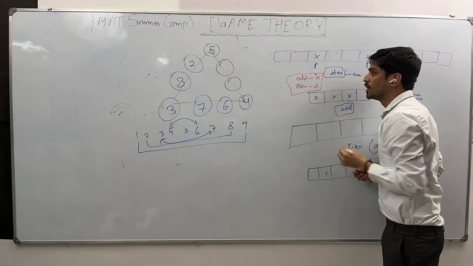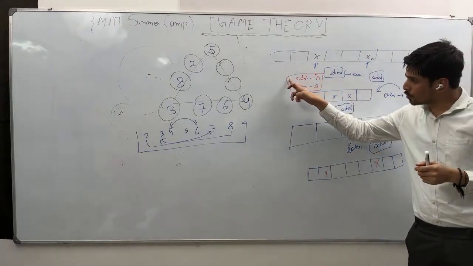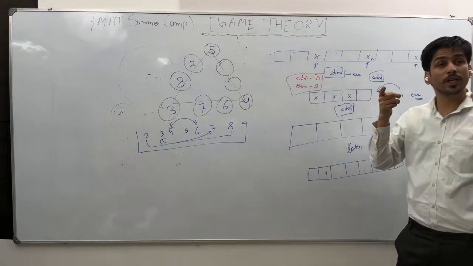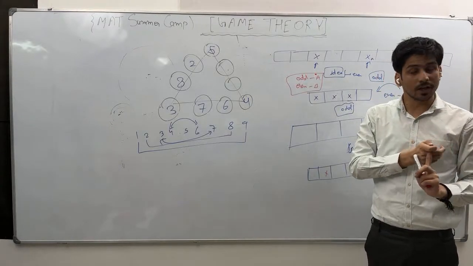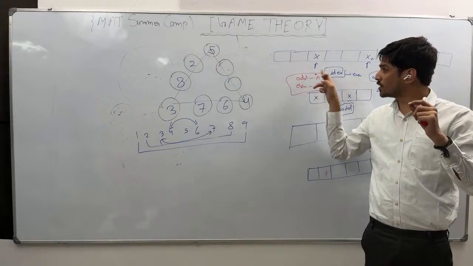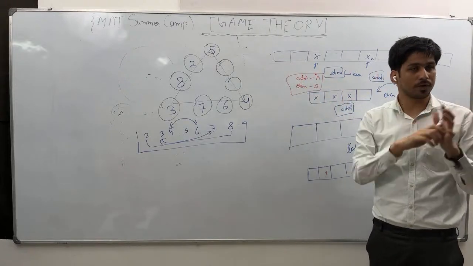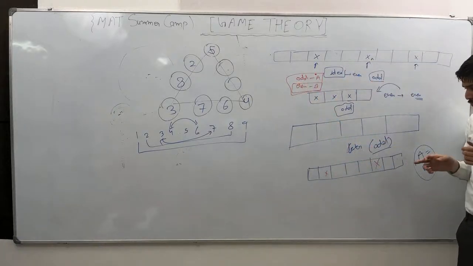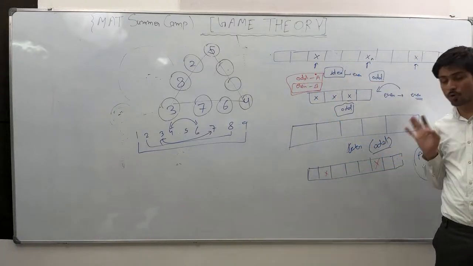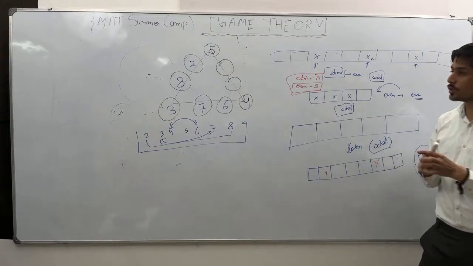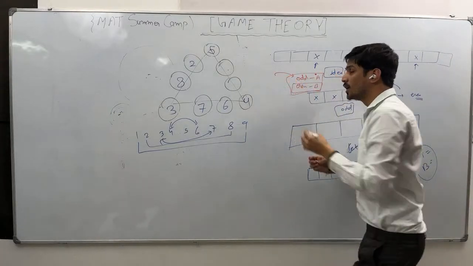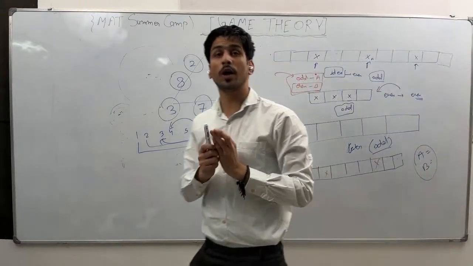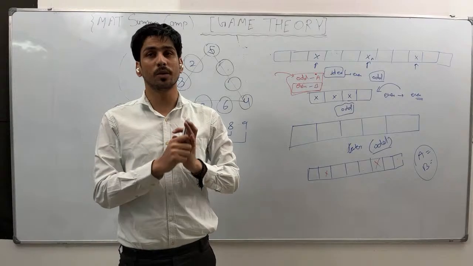But this time you see, if first time odd number of boxes is given and you are playing as A, you have to be smart. What will you do? Either you play at the center, or you mark the cross at the odd number box. If even number of boxes are there, whatever you do, you just have to make sure you are not supposed to put a cross at the corner, else B will get the opportunity. So if odd number of boxes are given, then you want to play as A. If even number of boxes are given, then you want to play as B. It depends on the number of boxes.